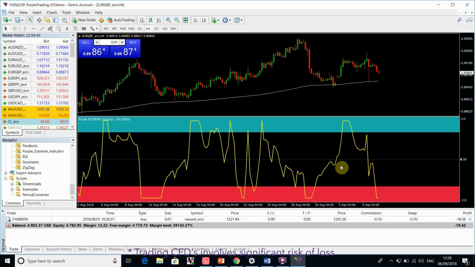Or if the yellow line breaks below the intermittent zone or zero line, then we consider that the sellers have more momentum, presenting another trading opportunity, and then eventually price falls down to the region where it's considered again to be oversold. So any breaking through a zero line can be used to take potential entries either to the upside or to the downside,